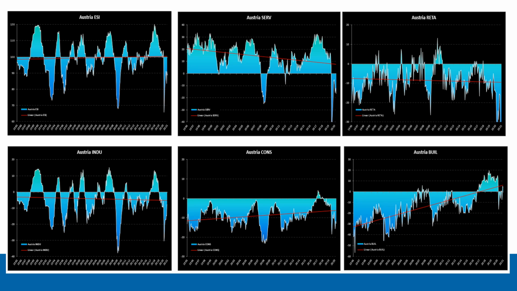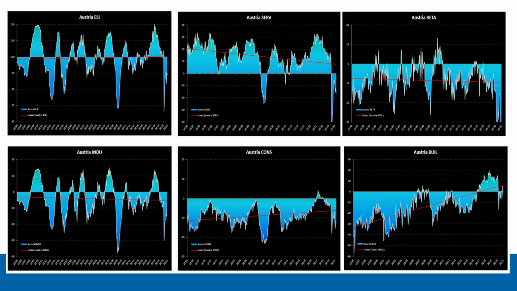On the screen, you can see Austria. Now, obviously, Austria is a very small economy in the global context, so we don't pay much attention to the contribution that these countries make to the overall Eurozone. But we obviously do pay attention and update our data in the spreadsheets monthly from a trade idea generation perspective.